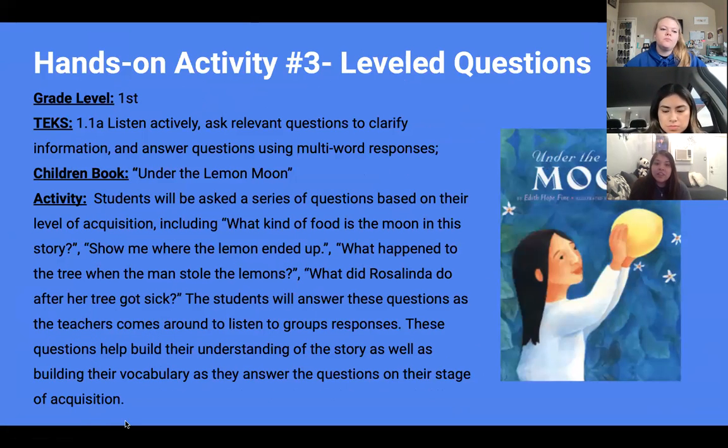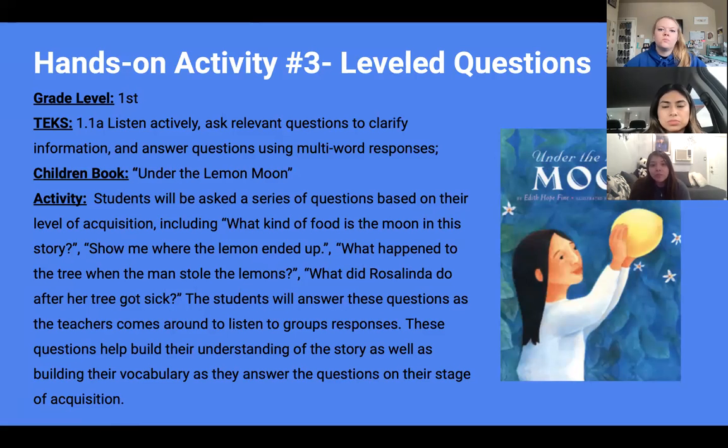An activity for this strategy would be a first grade level activity. The TEKs are listen actively, ask relevant questions to clarify information, and answer questions using multi-word responses. The book that we're using is Under the Moon. In the activity, students will be asked a series of questions based on their level of acquisition, including